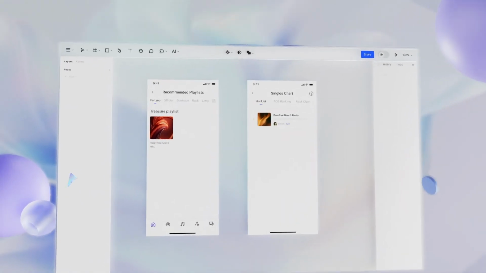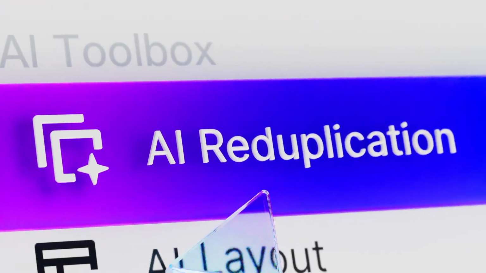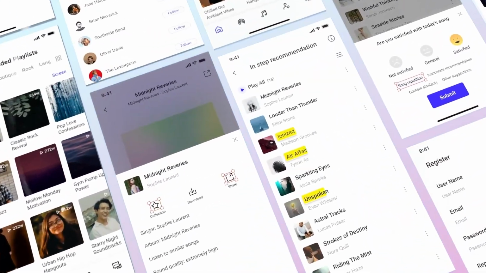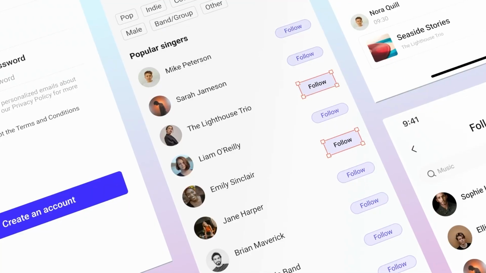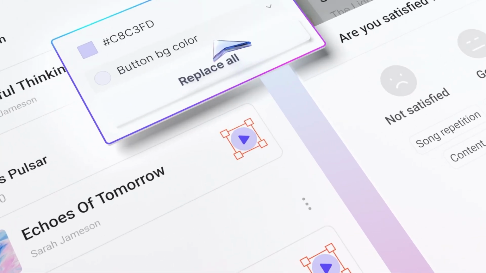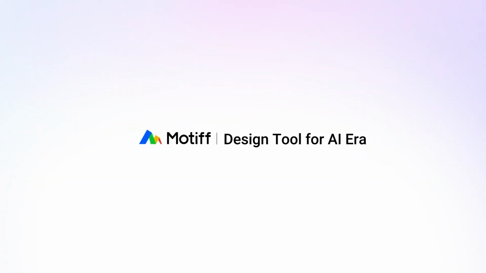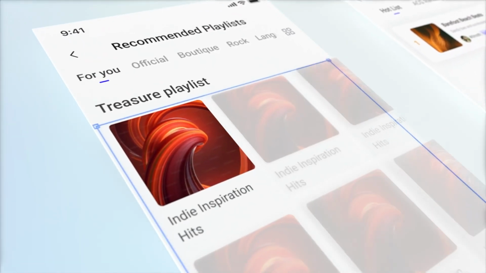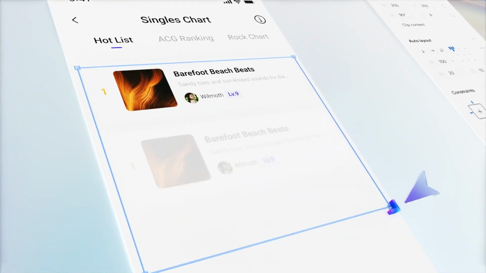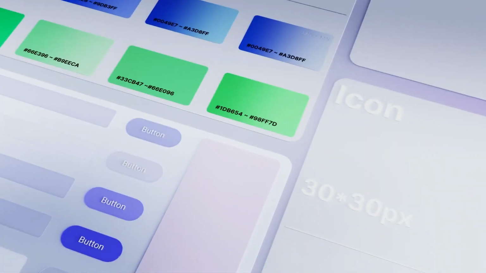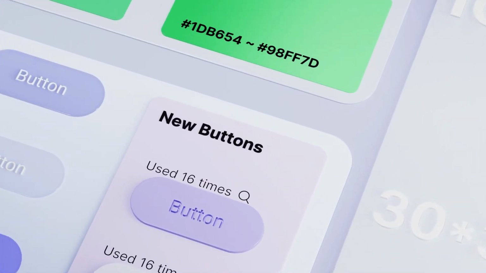Imagine a world where design is not just faster but smarter, where AI seamlessly blends with your creativity, turning your ideas into polished interfaces with just a few clicks. Welcome to Motiff, the design tool that makes this vision a reality. With Motiff, the repetitive becomes effortless and your creative flow stays uninterrupted, thanks to AI-driven features that work right alongside